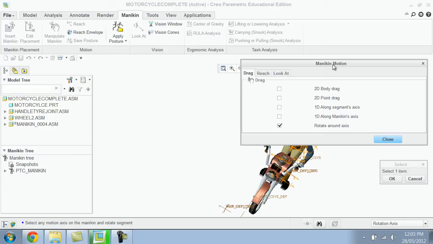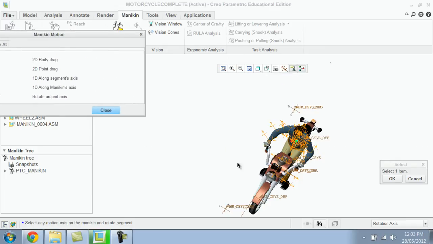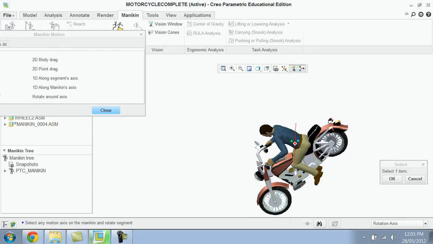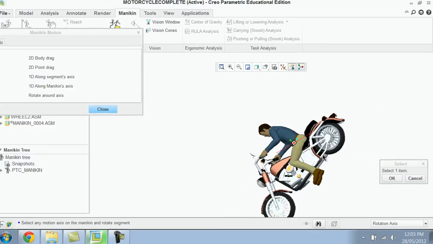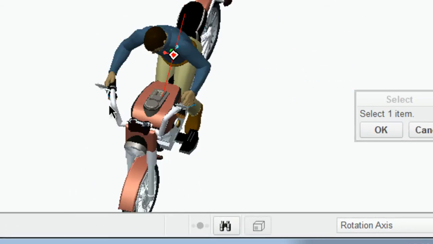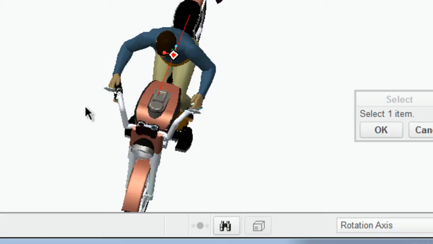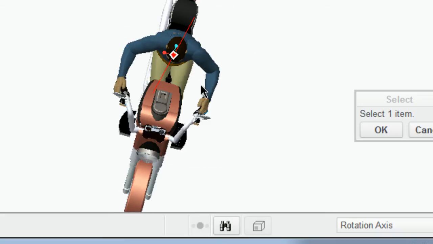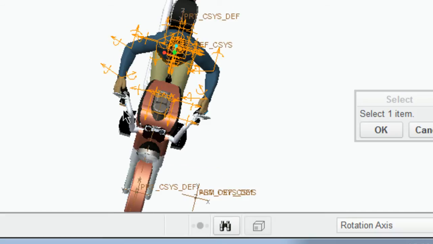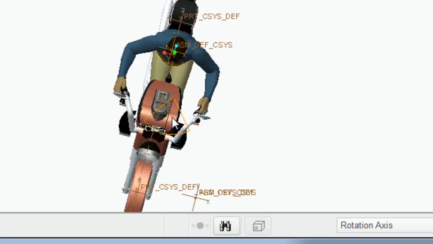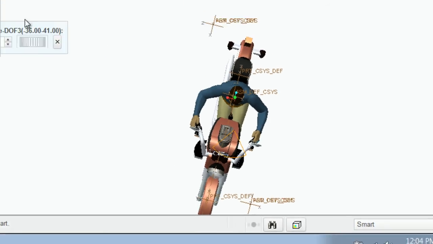I'll show you rotate around the axis. So I've got all these different axes up here. Oh, spun that around a bit wrong. So I sort of want to move his knees across so they're outside of the bike there. So if I find the right axis, it's that one I think, we'll bring up this little pie chart and this little